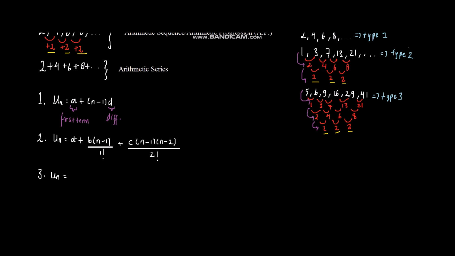Okay, I'm going to copy again and paste it here. And I'm going to add another term, so plus d this time, times (n minus 1) times (n minus 2) times (n minus 3) over